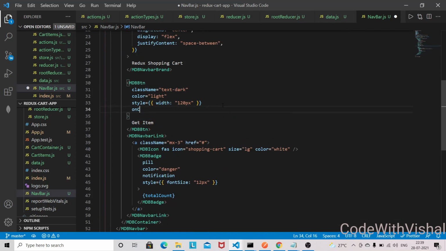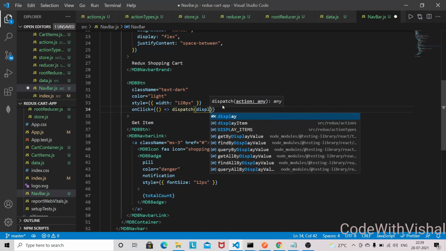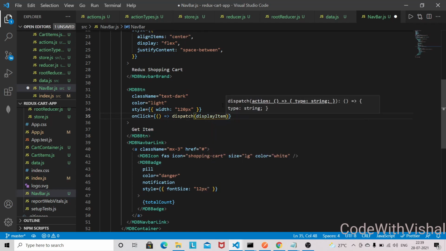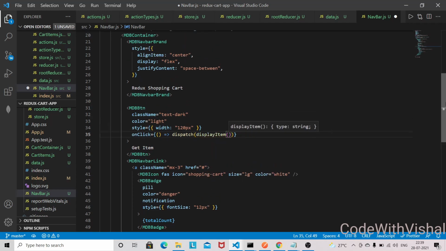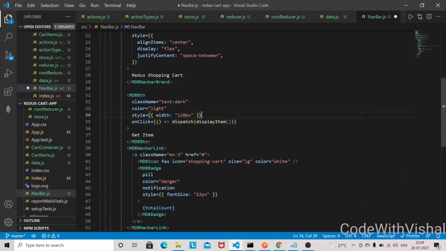So on click, I'm going to dispatch that action, display item. So VS Code automatically imports this action. So you can see that this is imported at the top. Let's save this file.